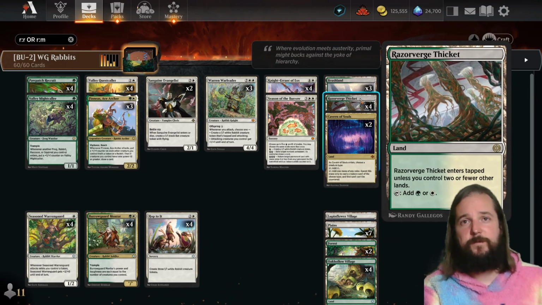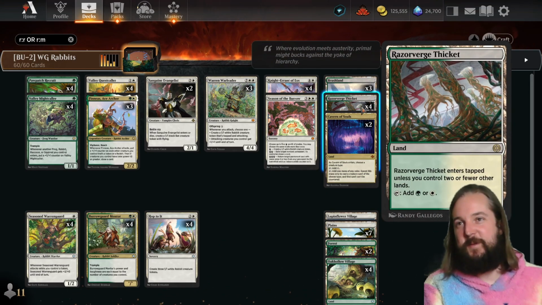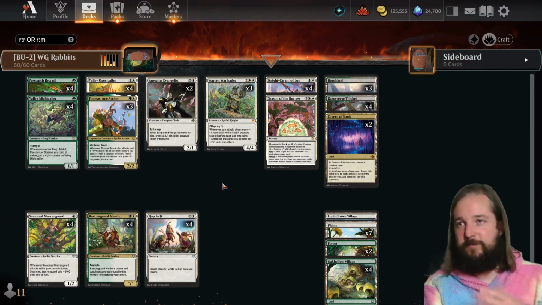And then we've got the Razorverge Thicket and the Brushland, which again, I can't stress enough. If you're going to be playing Magic a long time, these lands would be one of the first crafts that I would do. Speaking of the importance of crafting, I forgot to mention,